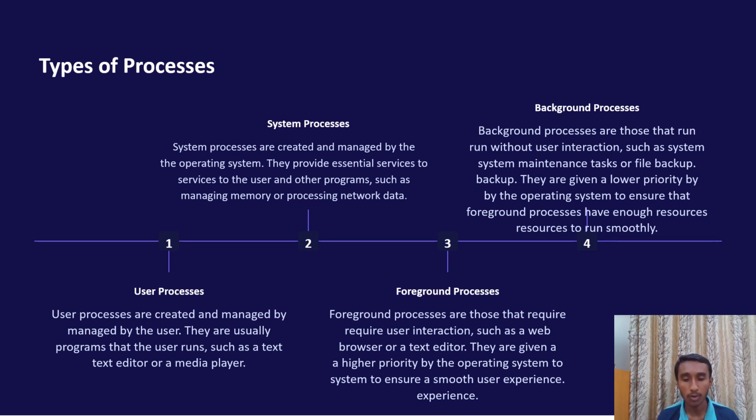Now, foreground processes. The foreground processes are those that require user interaction, such as a web browser or a text editor. They are given a higher priority by the operating system to ensure a smooth user experience. Background processes are those that run without user interaction, such as system maintenance tasks or file backup. These are given a lower priority by the operating system to ensure the foreground processes have enough resources to run